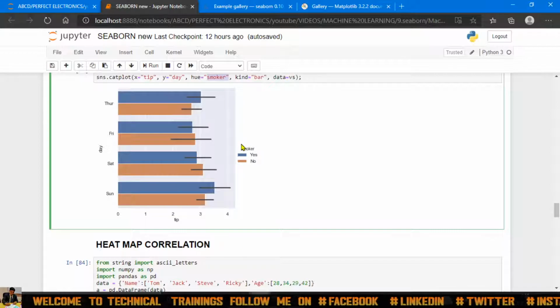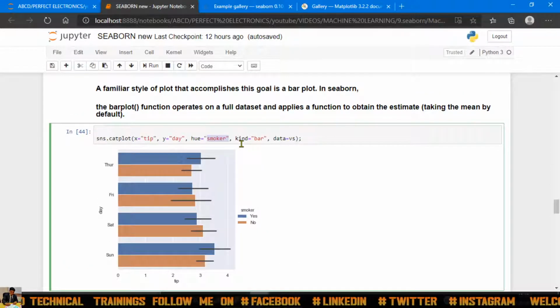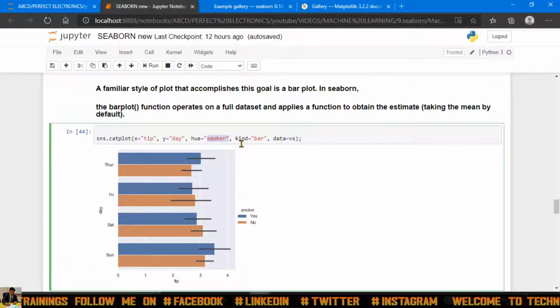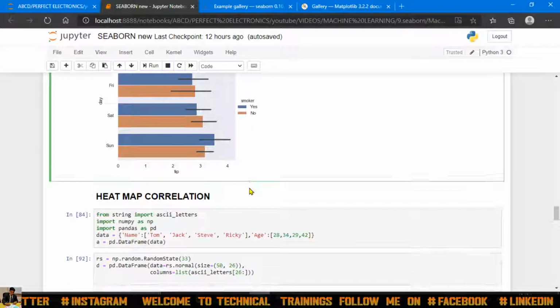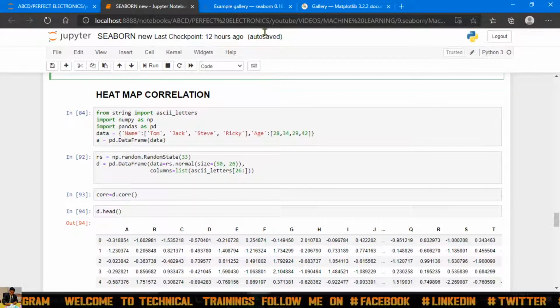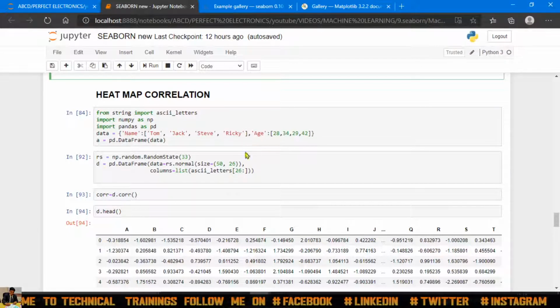We are getting this. So there are a lot of things to discuss in each particular graph itself. If I take a box plot, there are many things over there. If I take a bar plot, there are many things in it. If I take a pair plot, there are many things in it. So there are things you can just execute, go to the official website and you can read up over there.